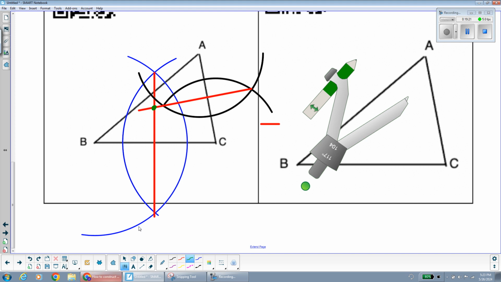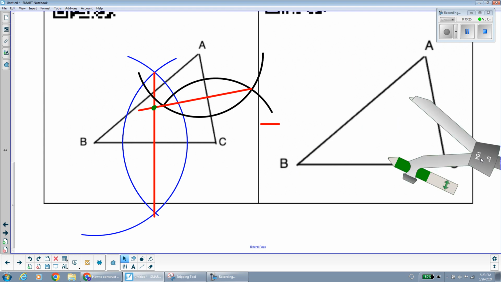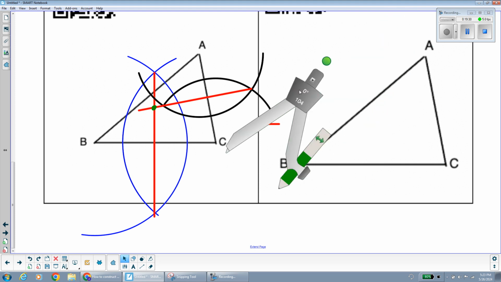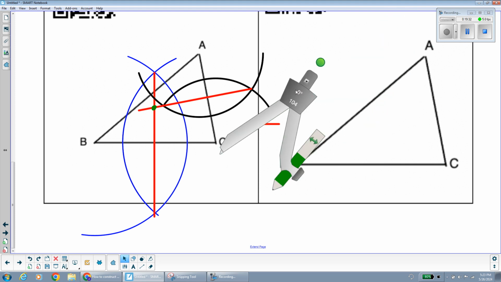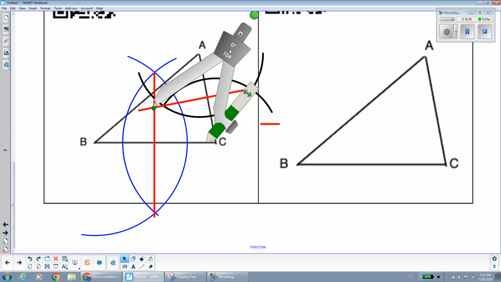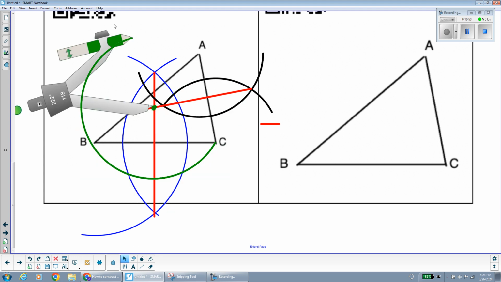And although we learned what it was in semester 1 and we learned how to construct it by constructing perpendicular bisectors of the sides of the triangles, we didn't really learn what it was used for. And we're going to use it now. We're going to use it as the point to circumscribe the triangle. So if I put my compass on the circumcenter, the reason why the circumcenter is so special is because if you open up to any one of the 3 vertex points, and once again, this is not going to be the most accurate because I'm on the computer here, and you just make a circle